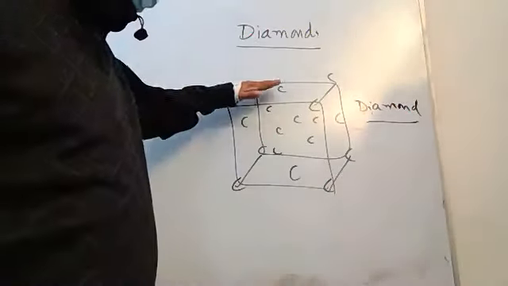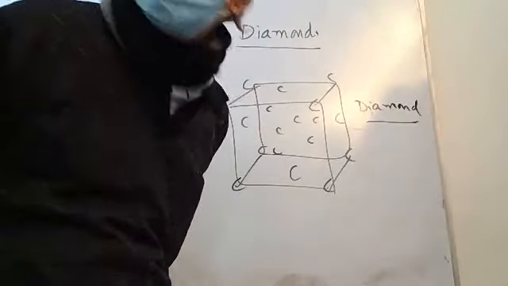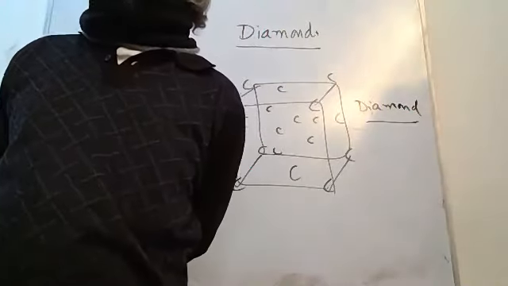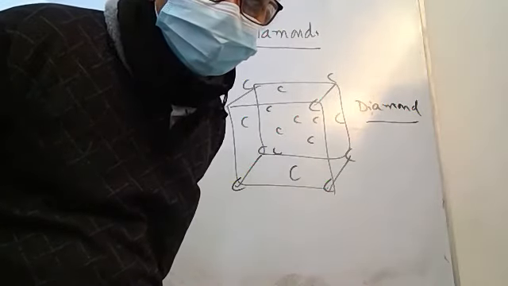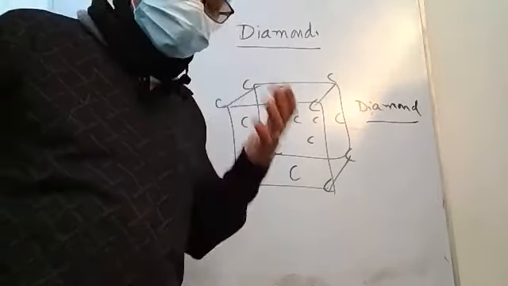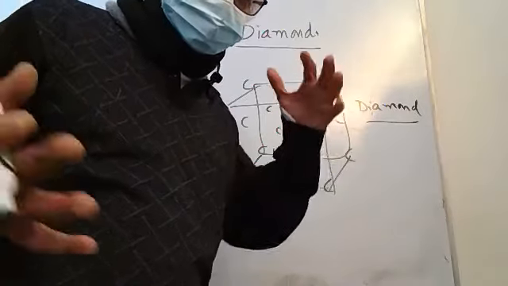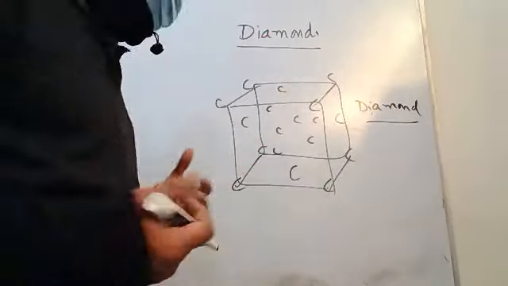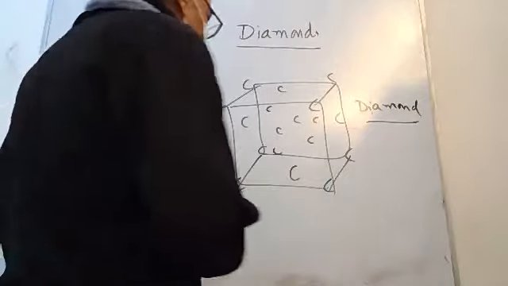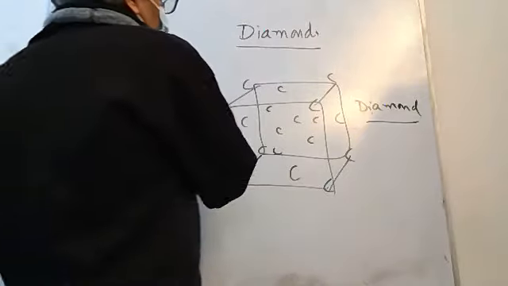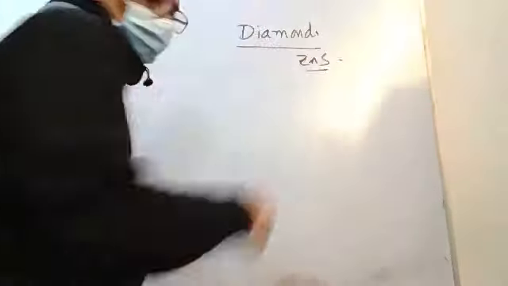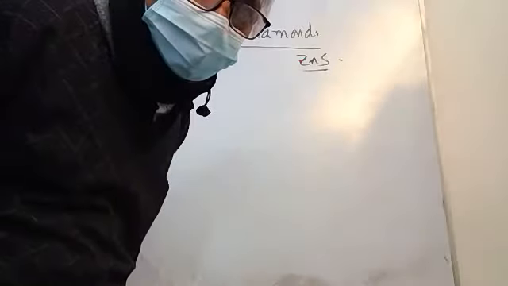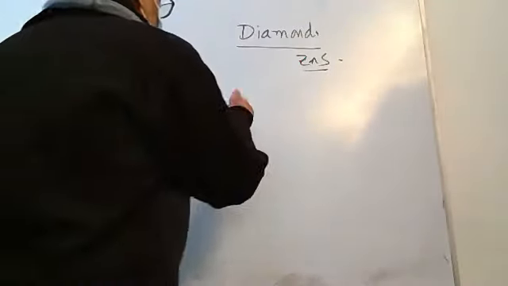So face-centered cube, only 1/2 of the tetrahedral holes are filled in this one. Am I making sense here? So we're not introducing new concepts. We're looking at the same structure and then looking at different ways of examining this. Let's look at a diamond-like structure, which is zinc blende structure, zinc sulfide. Zinc sulfide has a diamond-like structure